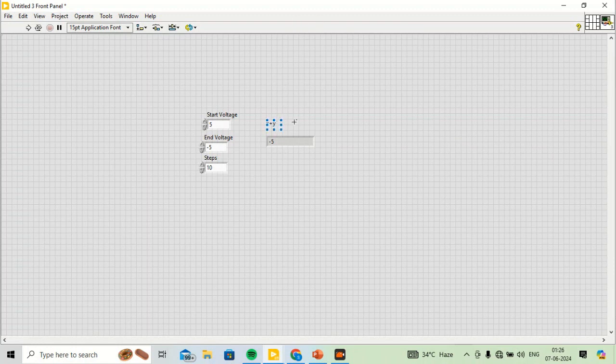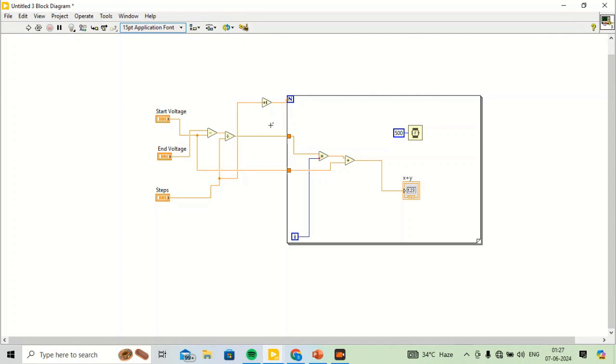So what I want is to start from 5 and then end at 5. Like it should go 5 to -5, and then it should come back to +5. So that's all I want. So I have to change a little bit in this case. For this purpose,